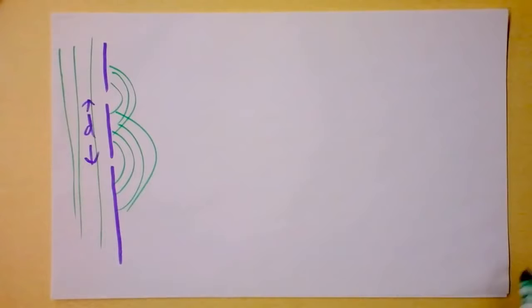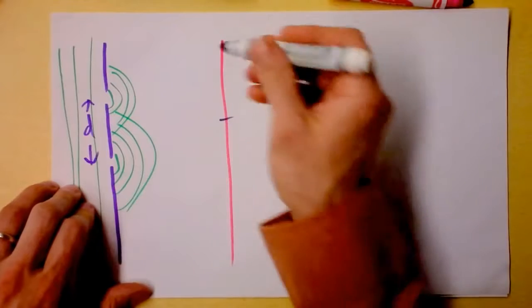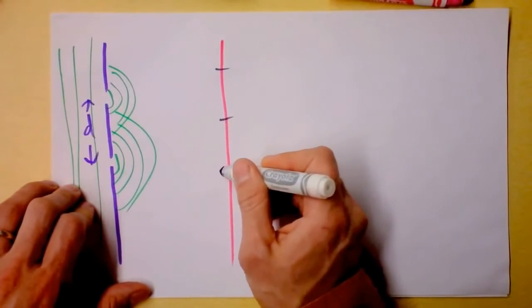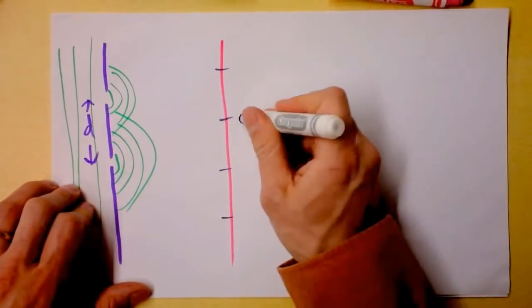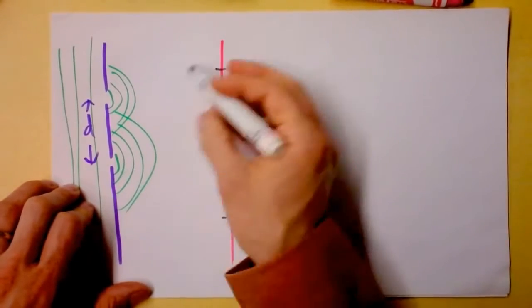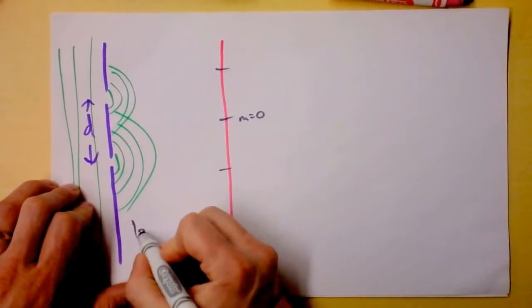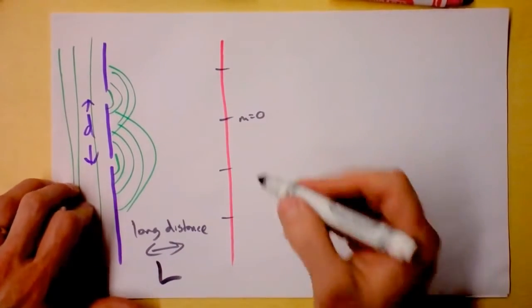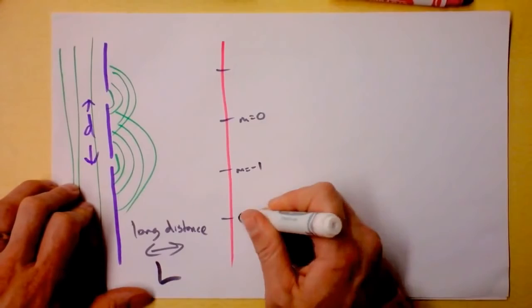Let me try to tack this out a little bit. Right in the middle, we're going to have a peak. And then over here, at some distance up, we'll have to do some angle calculations. And then here, this is m equals 0. I'm going to assume this is a long distance away. L is a long distance away, and this is m equals -1, and m is